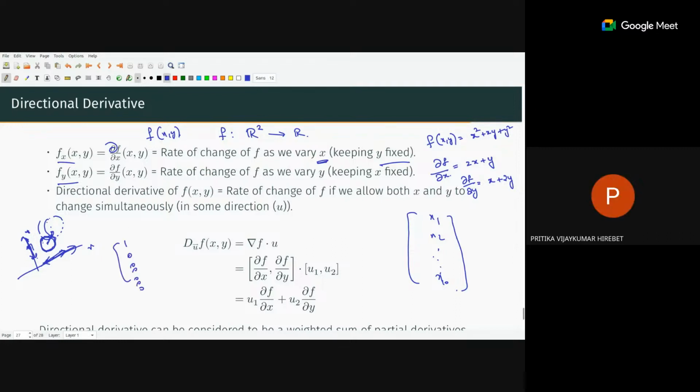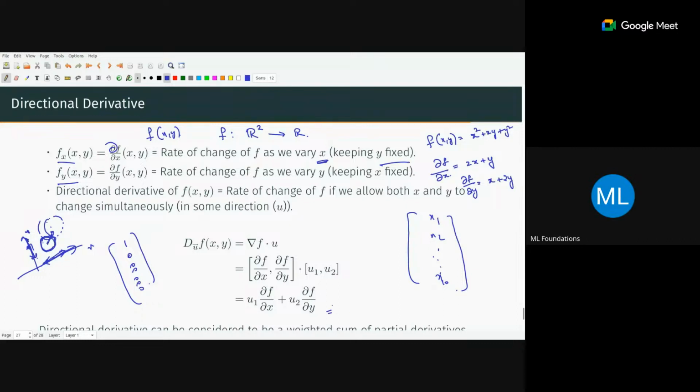So can you just give an example in R3 or R4? Practice assignment 2, question number 10. It's on the same lines of what ma'am just asked, and I'm not getting the answer. Okay, maybe I will end this session by solving that particular problem. Yes, sir, please. Okay, so let us quickly see this.